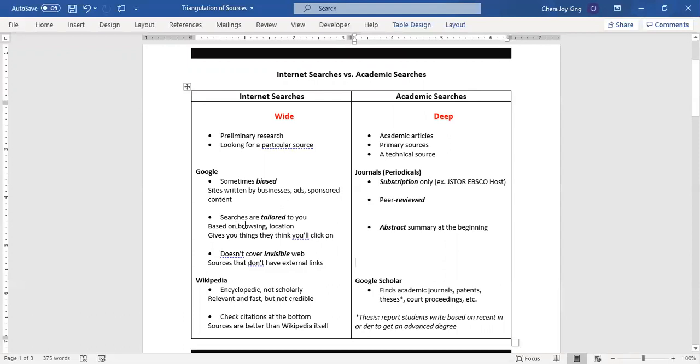You probably also know that the searches are tailored to you individually. So Alexa is listening to everything you say, and